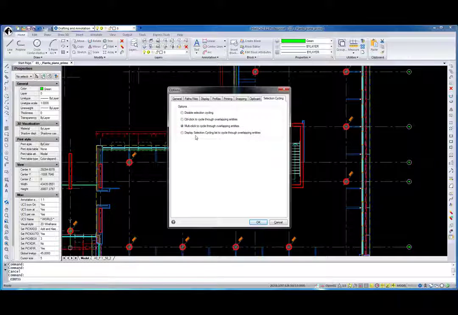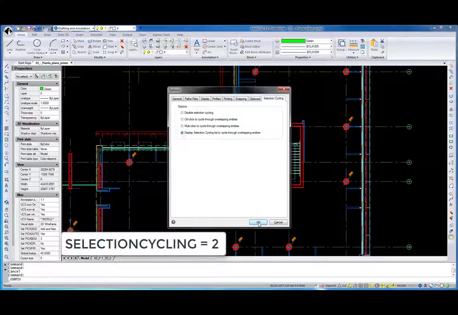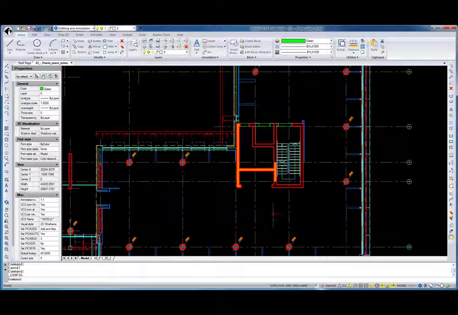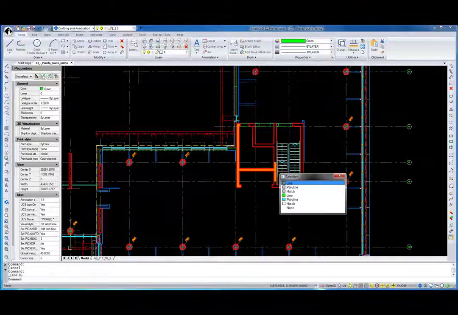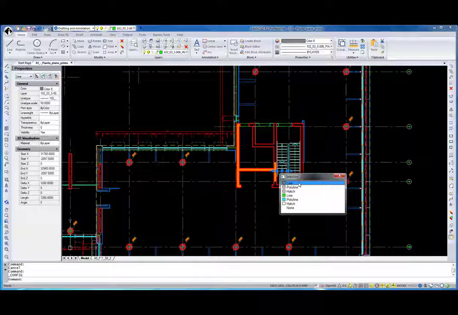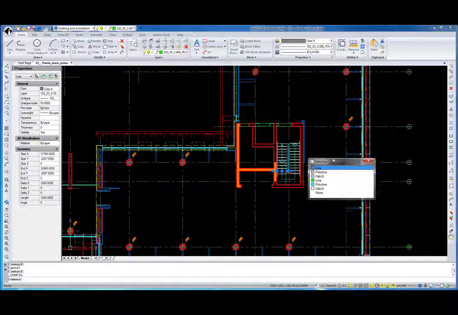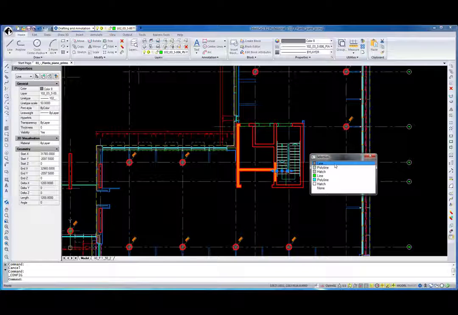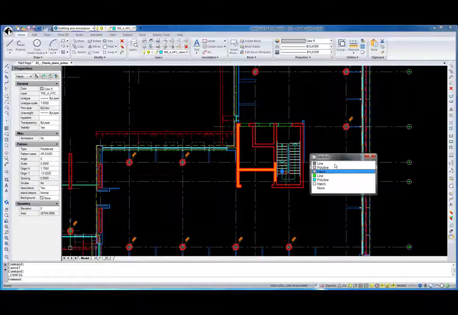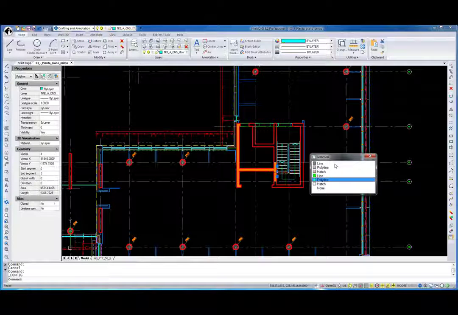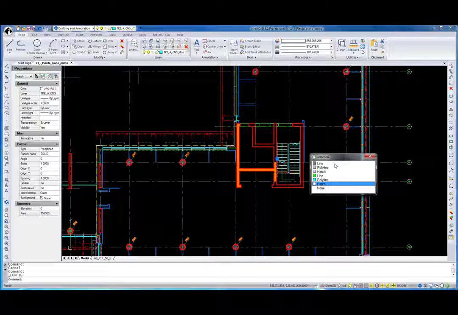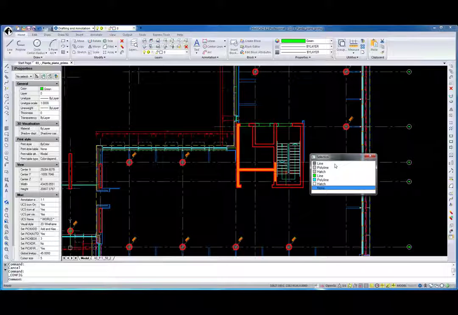The most interesting option is the Display Selection Cycling list. When activated, a selection dialog is displayed after clicking somewhere close to where you think the necessary entity is located. In this dialog, you can see the list of all entities located under the pick box. Every line of this list contains the entity type and its color. When you move up and down the list, the selected entity is highlighted, so you don't have to guess which